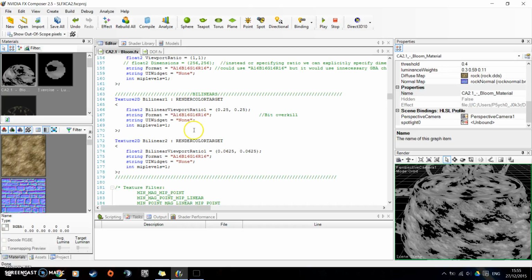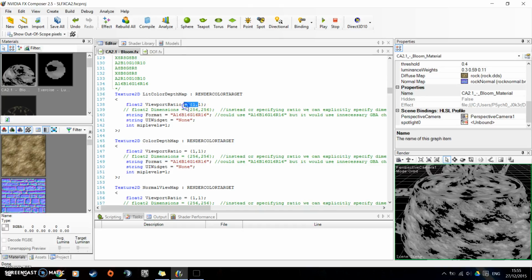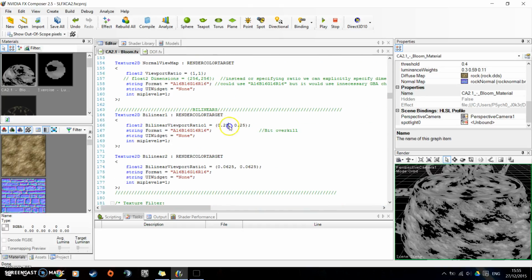So the two that I created are called bilinear 1 and bilinear 2. I created bilinear 1 and then just copy pasted bilinear 2. But the way it is, the first bilinear viewport ratio 1 is a quarter, so it could be 1 and 1 as it is here, and here, and here. But I went 0.25 because that's a quarter, and that should give you a quarter size